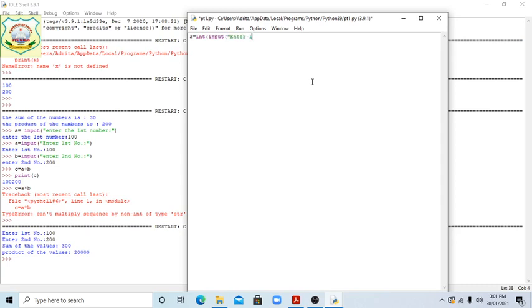Enter the first value. Value of A. Next one.